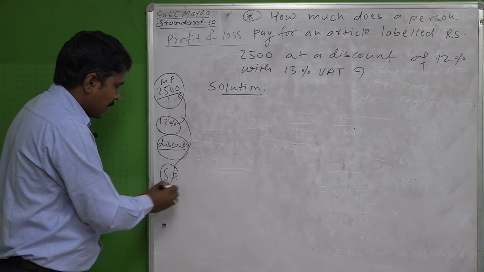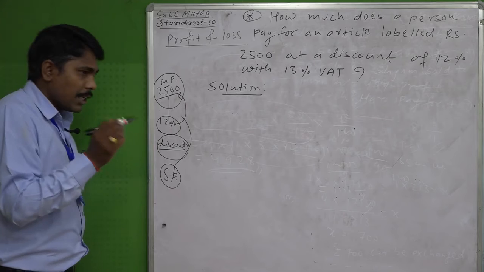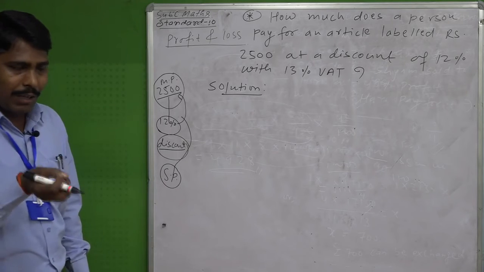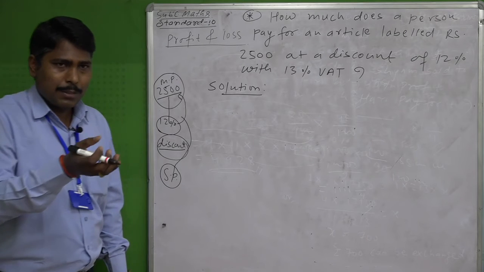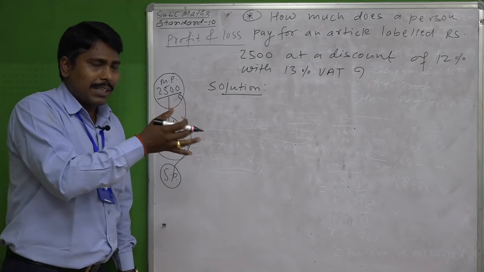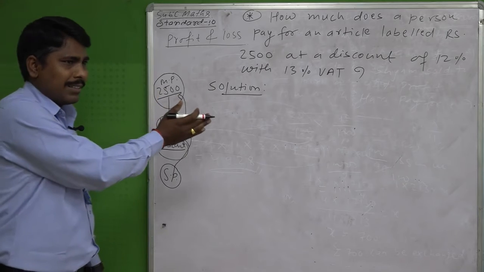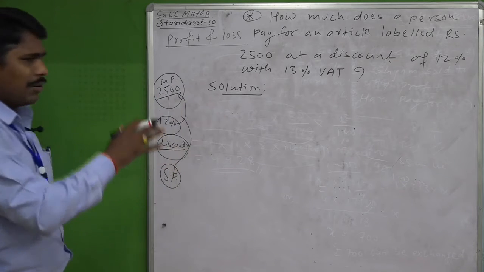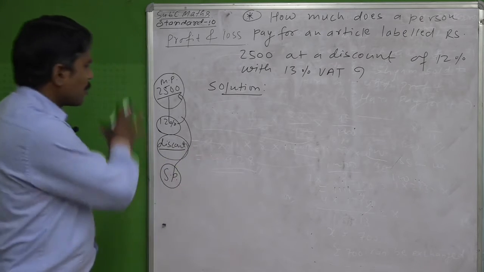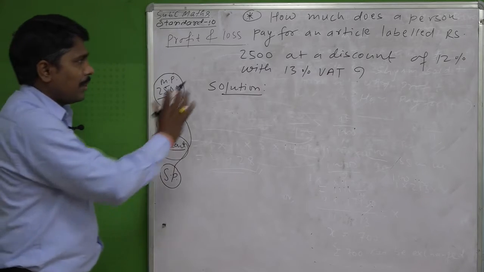SP, the selling price. And always keep in mind VAT is added to the selling price. If the marked price is given, the discount is subtracted from it and we get the SP, then we add the VAT, and we get the SP with VAT at the end. If the discount is not given but VAT is, as in the question we solved yesterday, then we add the VAT directly without subtracting any discount. If you draw a rough sketch this way, it will be easy to solve the question.